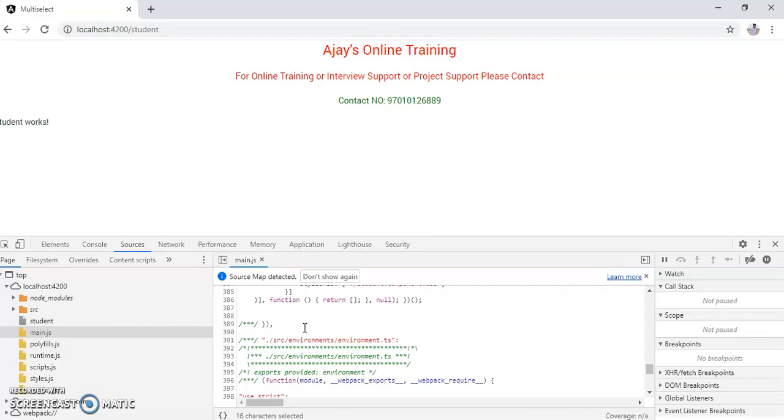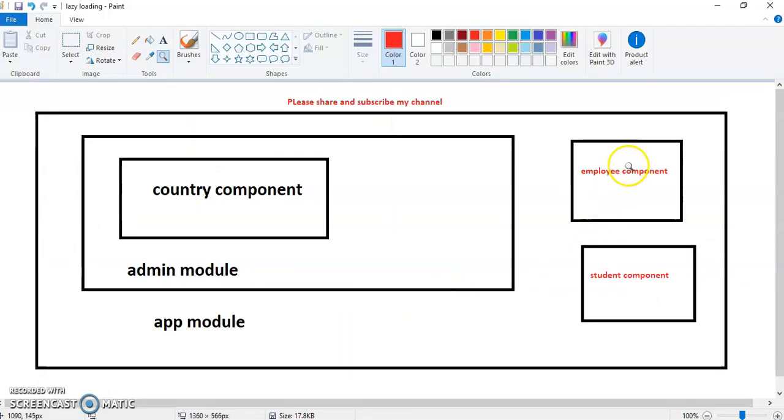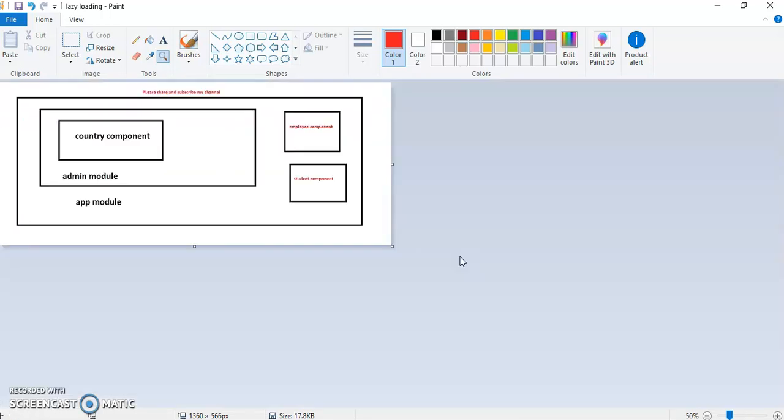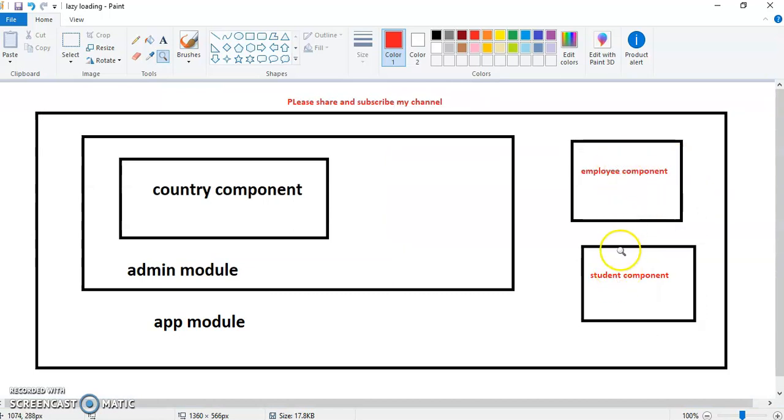main.js bundles all the JS files within the app folder, that is, at the app level, but it does not bundle at the admin module level.